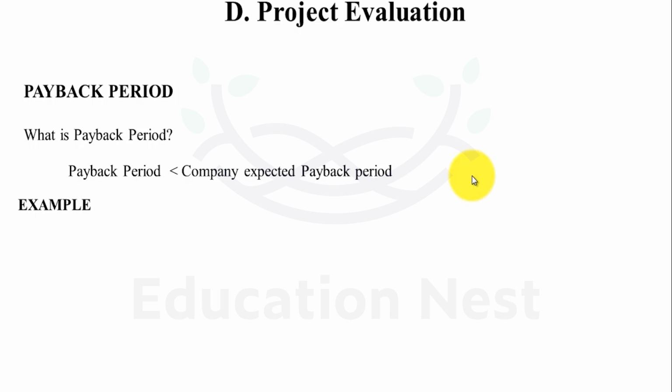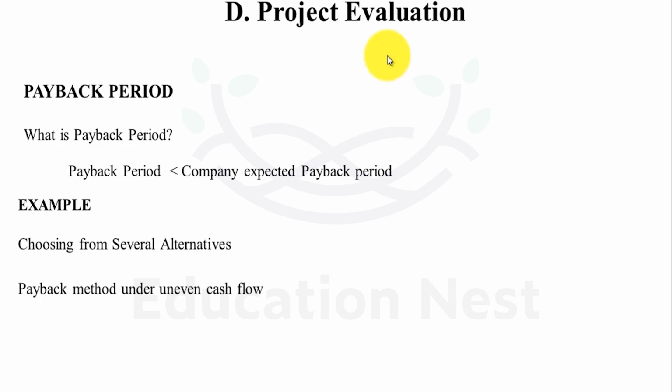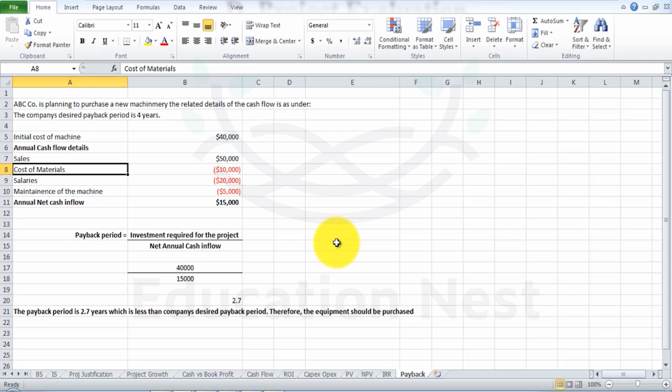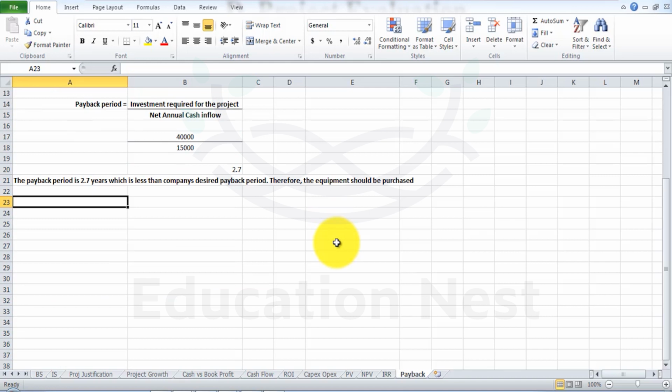Over here we had the understanding that the annual cash inflows are going to remain the same. What happens when we have to choose from several alternatives? And next is the payback method under uneven cash flows. As the situation arises, you need to apply the different methods of payback as per the situation. We're going to quickly look at these two situations: choosing from several alternatives, and payback method under uneven cash flow. I'll explain this with the help of two quick examples. So let us say